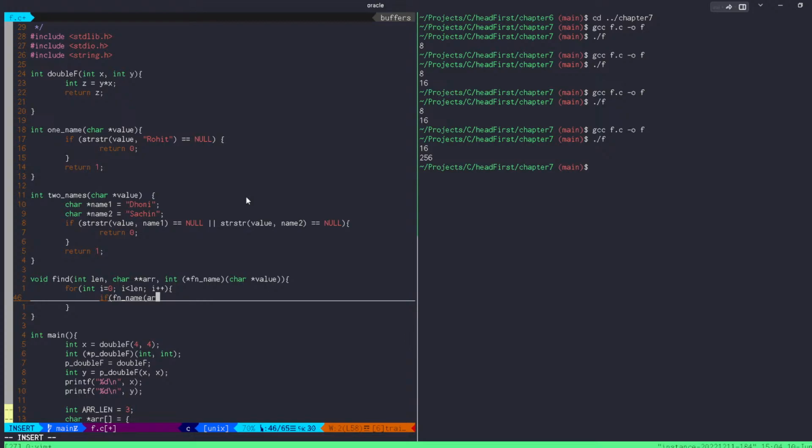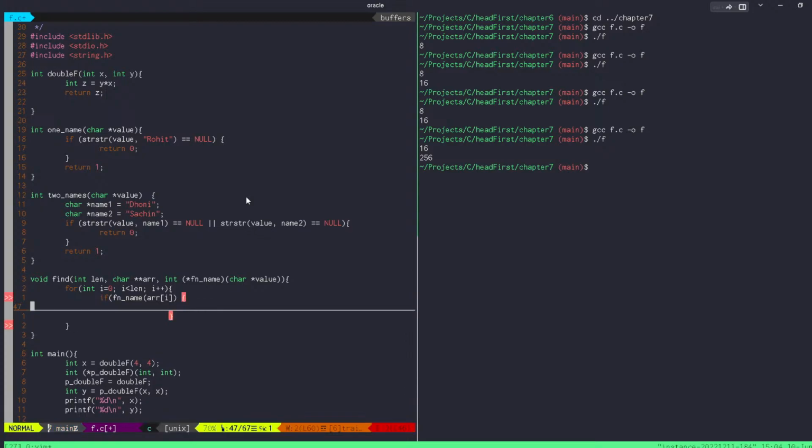With the array and the index. Yes, if this function equal to 1,